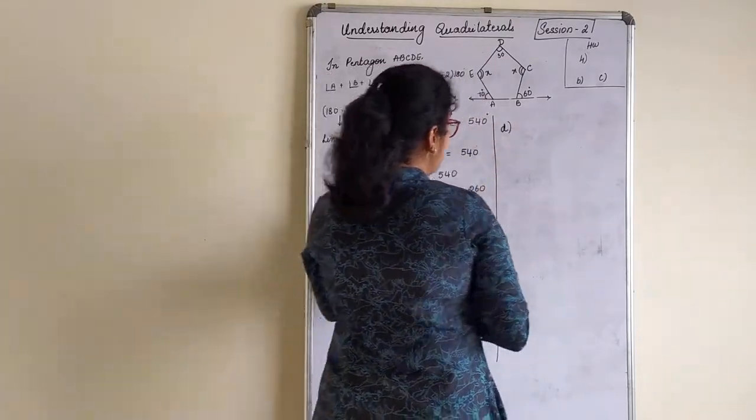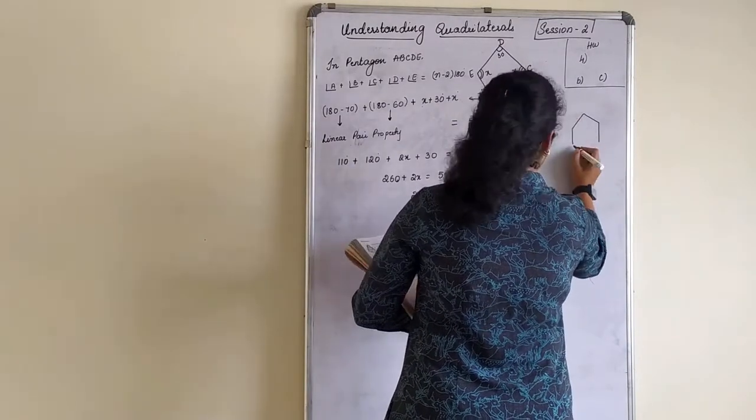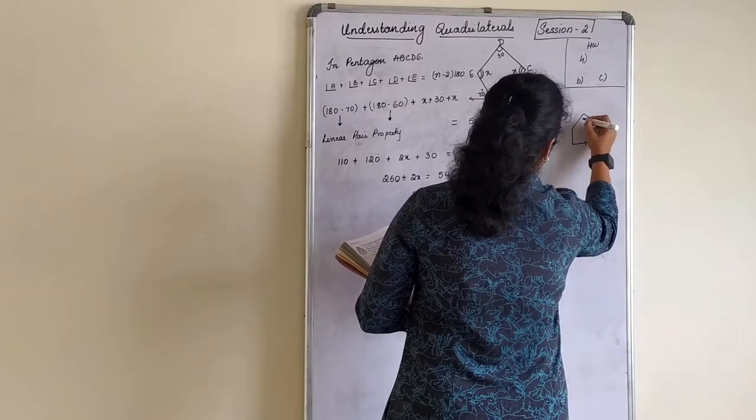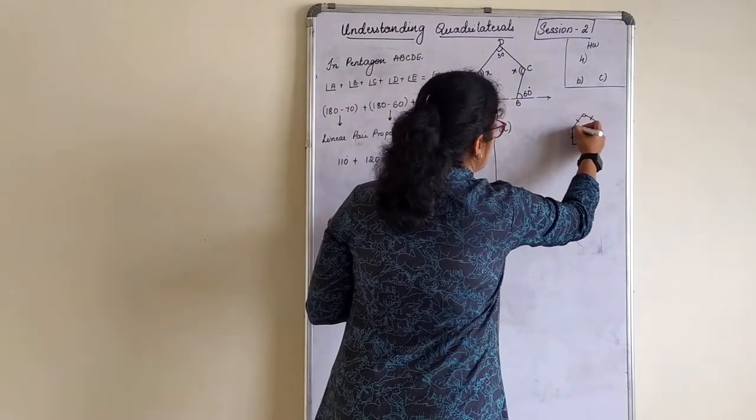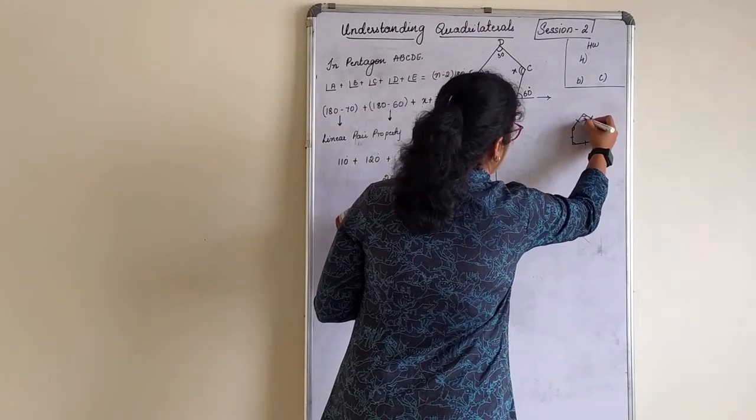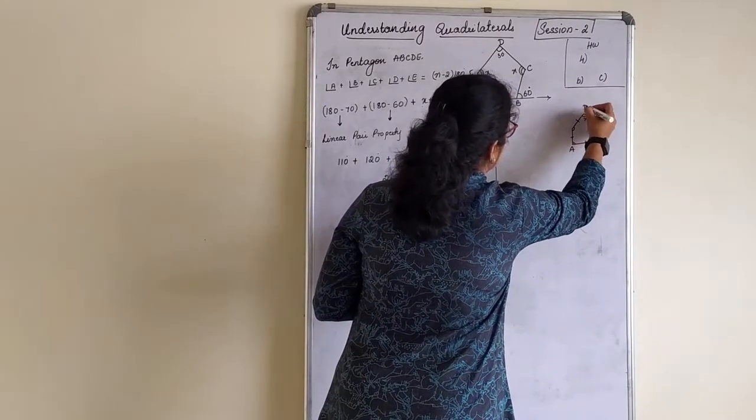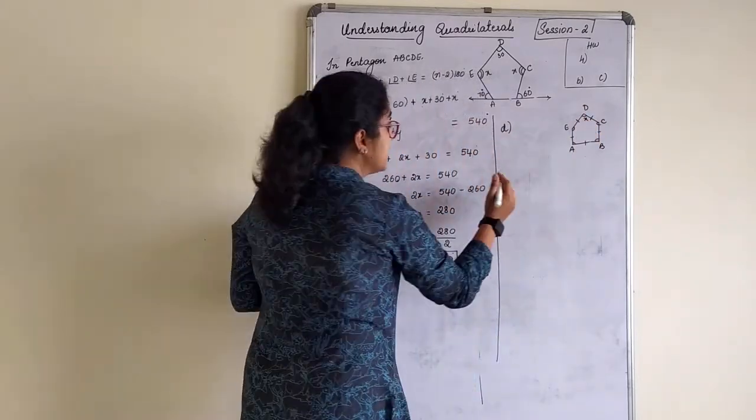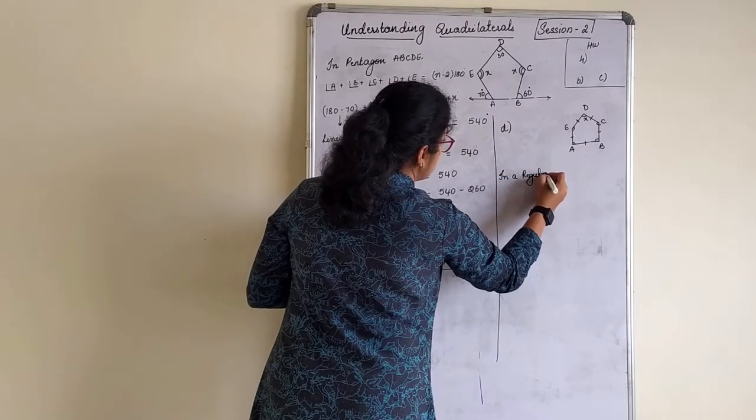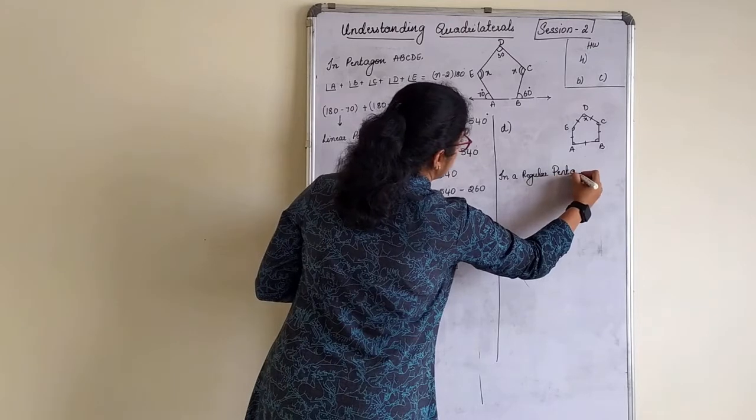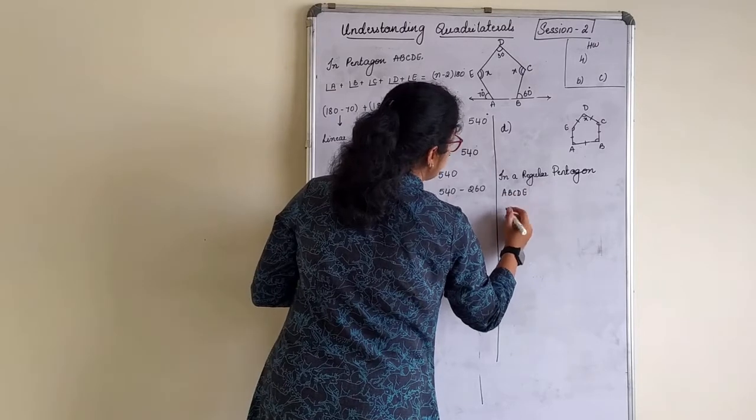Which figure is it? If you can see this, it is a regular pentagon, right? How did I come to know it is a regular pentagon? They have shown that all the sides are equal. So all angles are equal to x. So A, B, C, D, E. What will I write? In a regular pentagon A, B, C, D, E,